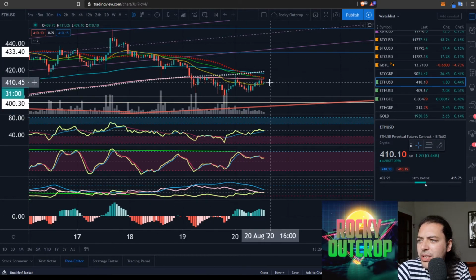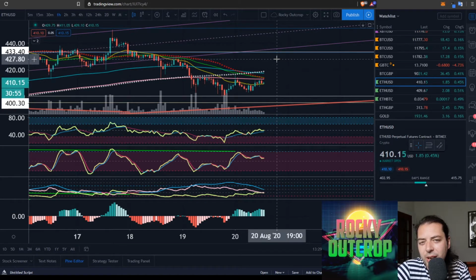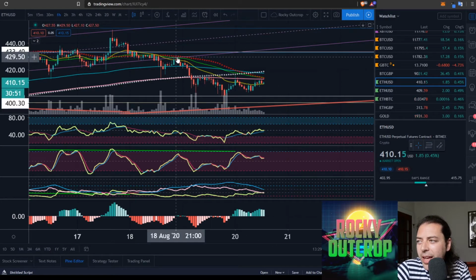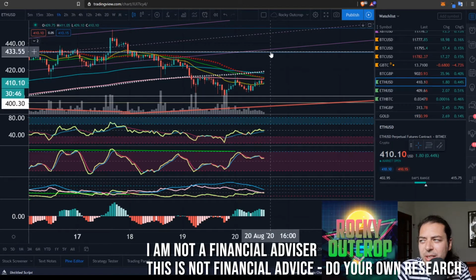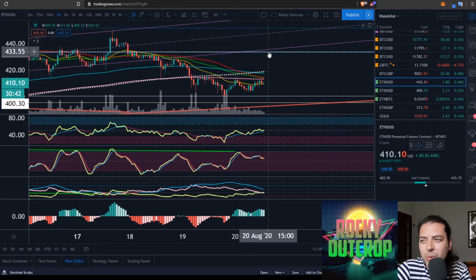So there's a bit of bullish divergence there on this one, but we need to see this coming back up above our previous highs over there, 430. I'm still stuck in the past with that at 430 or so, coming up towards this horizontal at 433. We need to break above that for me to start feeling like we're cracking on with things.